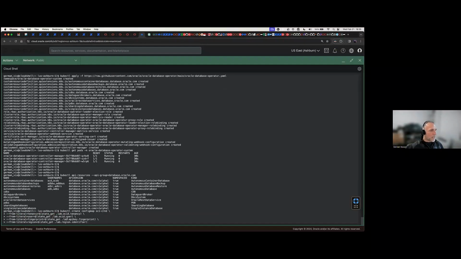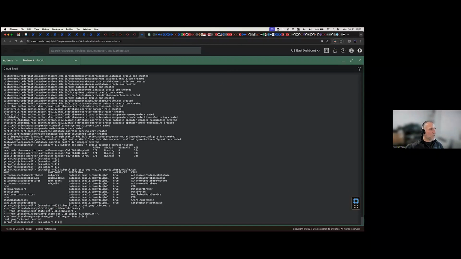So I'm going to run that command here. And this is basically creating a config map. I'm not sure if you're familiar with config maps, but it's basically a structure that holds several parameters and resources. Here I have the tenancy ID within OCI. Here I have my user ID within OCI. I have a fingerprint for the API key, and I also have a region identifier. I'm working in Ashburn right now, as you can see there in the top right.